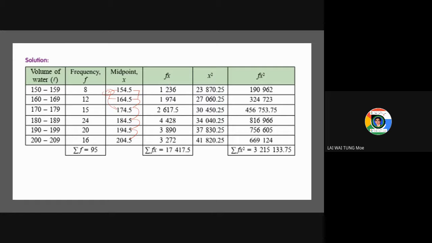And then for fx also, this one no choice, you need to press the calculator. Fx means f times x. So you just need to press calculator 8 times 154.5, to get this one. And I want to share with you one way to get the answer. This meaning is the total, because the symbol sigma refers to total, means you have to add 1, 2, 3, 6, 1974 until you add to this 3272. You add this all together to get